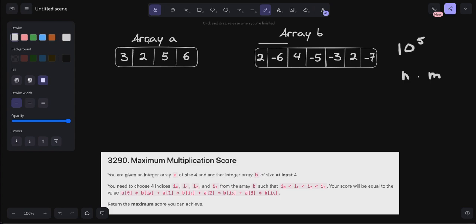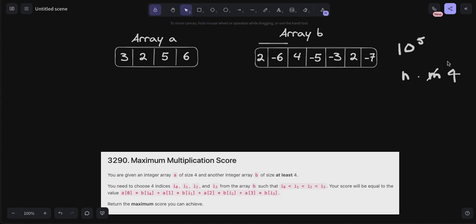However, we're guaranteed to have array A be of length 4. So really this gets cut down to n times 4, which will pass on Leetcode. So, as we will get into the actual problem walkthrough,